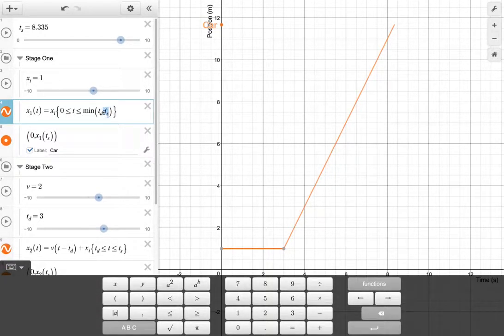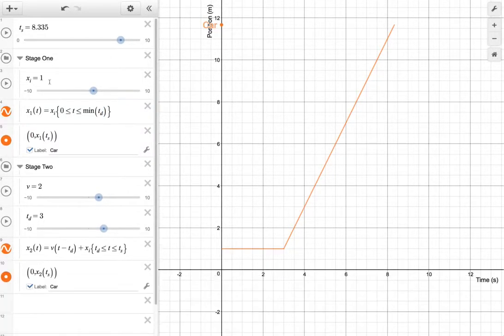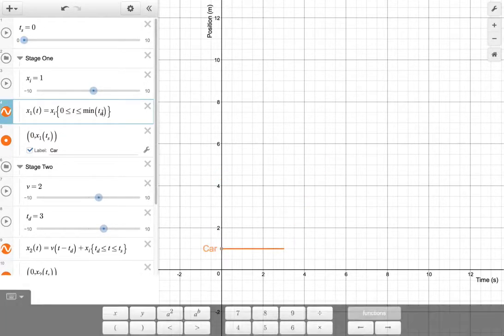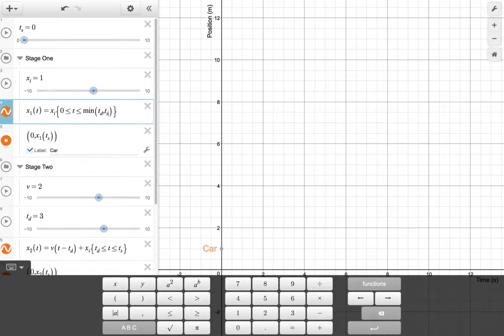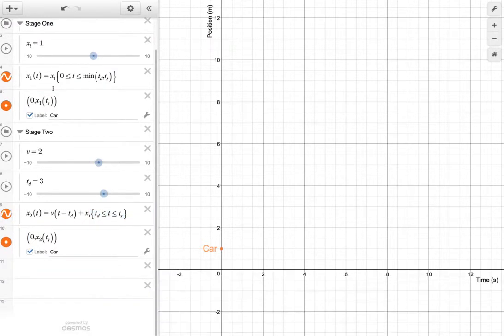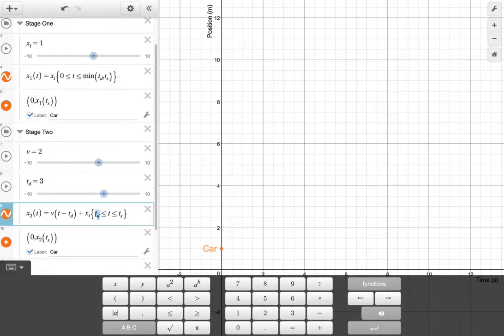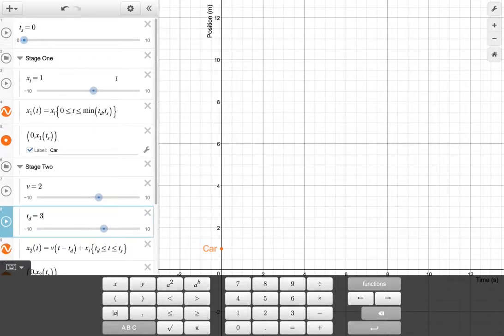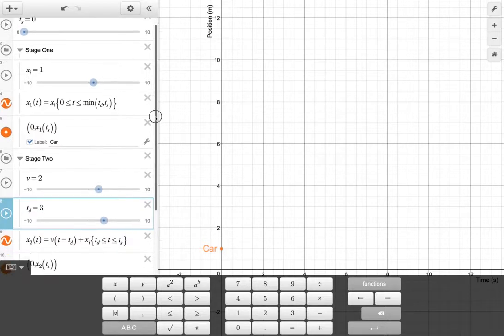If you don't make it less than the simulation time, then what happens is that graph is there all the time, and so it doesn't get created in real simulation time. And the same thing happens down here. I've restricted the domain so that that one doesn't start until the second motion is supposed to start and is still less than the simulation time. And so that requires a little bit of work for your students, and it may not